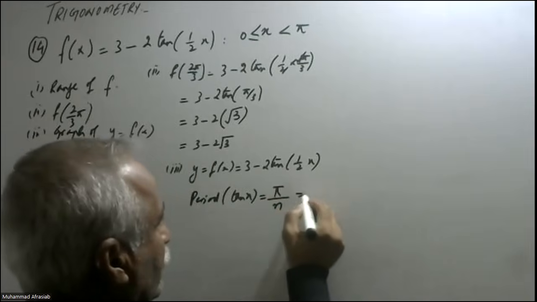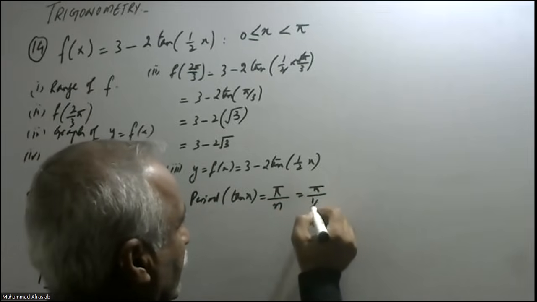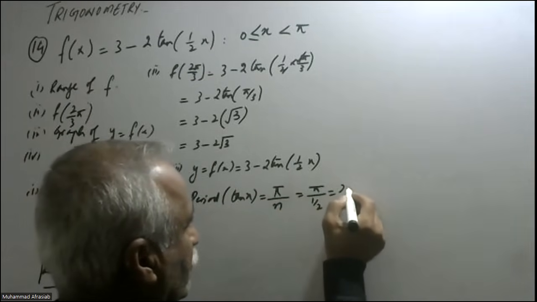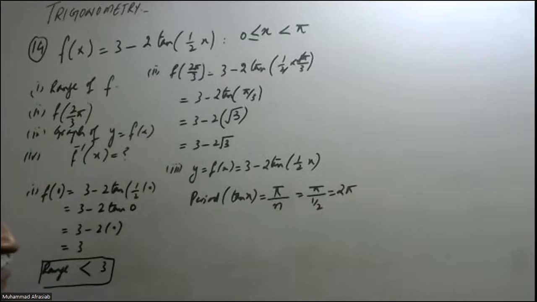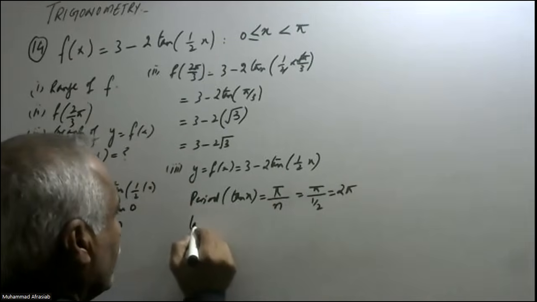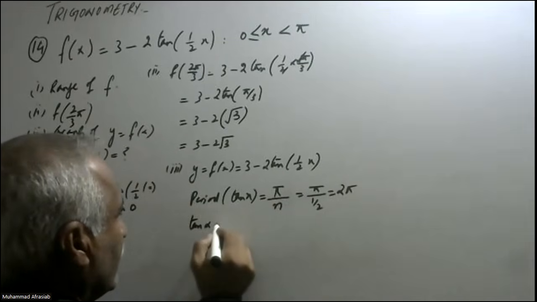So it should be equal to pi over half, and that is equal to 2 pi. It means the graph for this tangent function will be